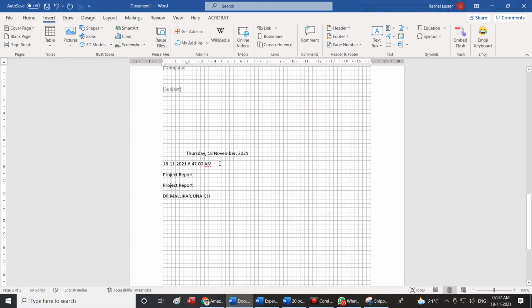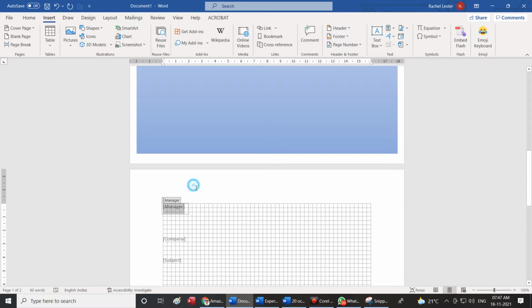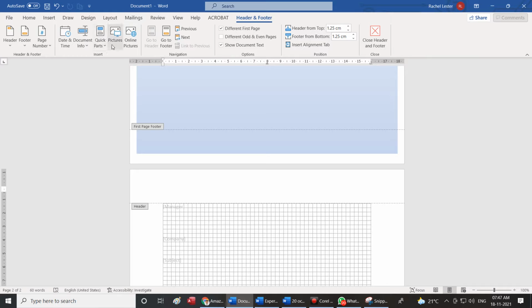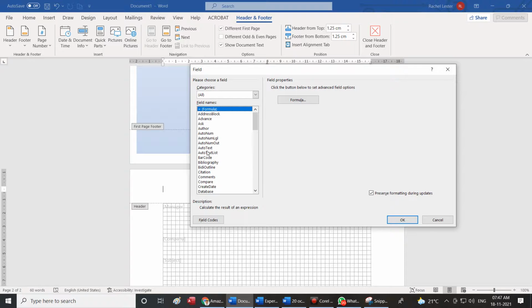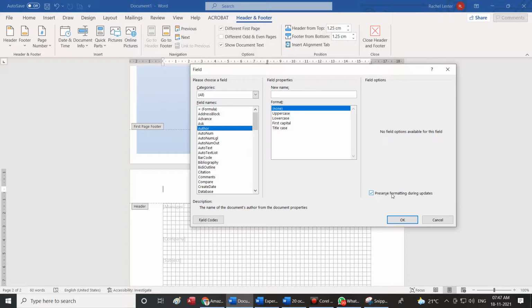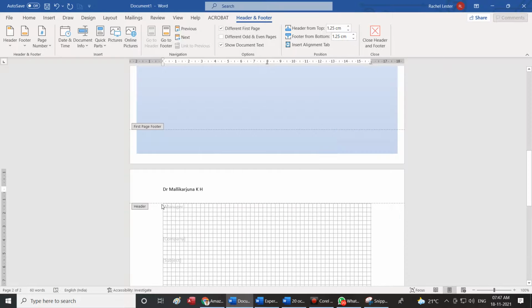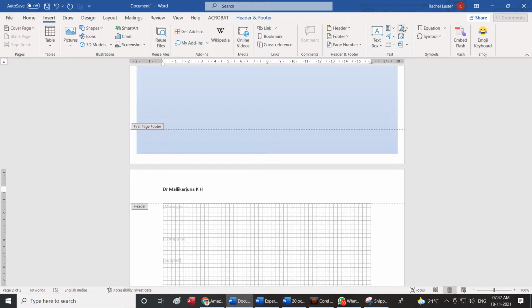Whenever I want, either in the header or footer or here, I can do the same thing. I'll come to quick parts. I want a field. What should be the field name? Author. I click on author and I say okay, Dr. Mallikarjuna has been added for this particular file. This is how you're going to start creating these fields.